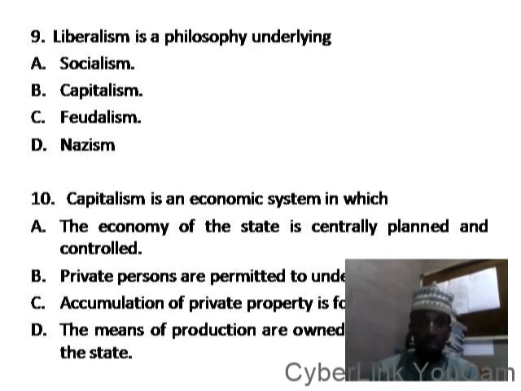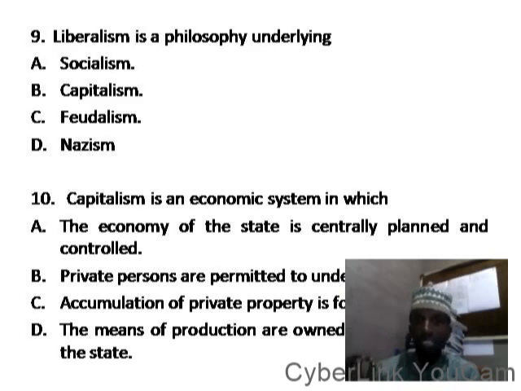we say it is where the means of production, distribution, and exchange are owned and controlled by individuals. Capitalism is about the individual's economic life. So liberalism is the political life of an individual. So the political phase of capitalism is liberalism. It's an ideology that centers on the individualistic concept of a person. So the correct answer is capitalism.